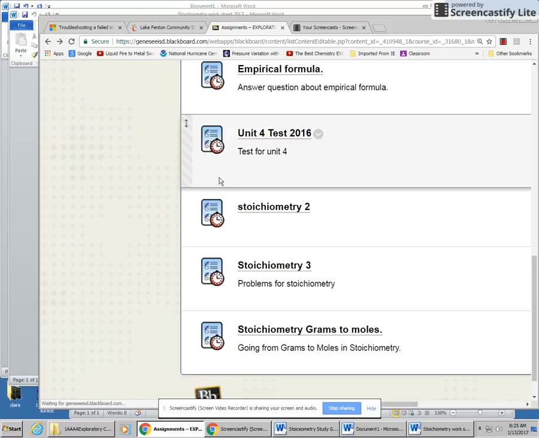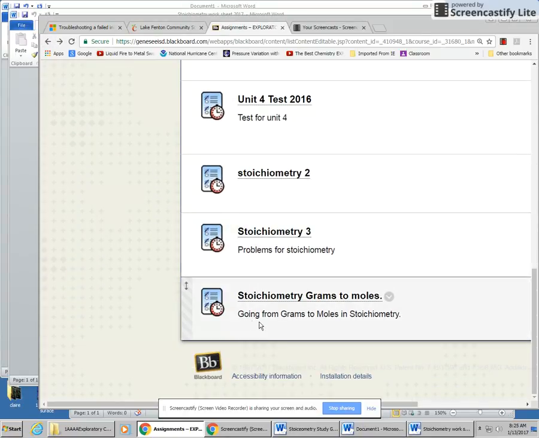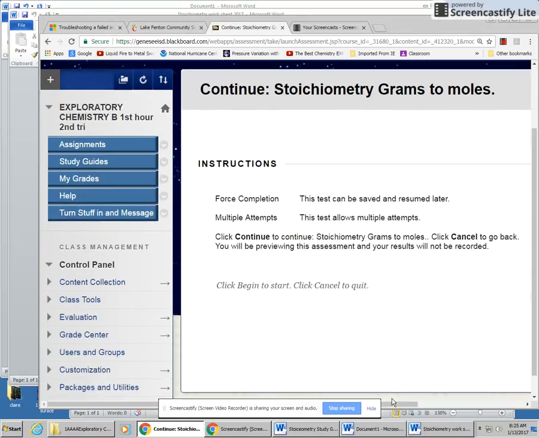Okay, here's what we're going to do. We're going to go on this assignment, stoichiometry grams to moles. And this can actually be used in any stoichiometry. So we're going to open up stoichiometry grams to moles